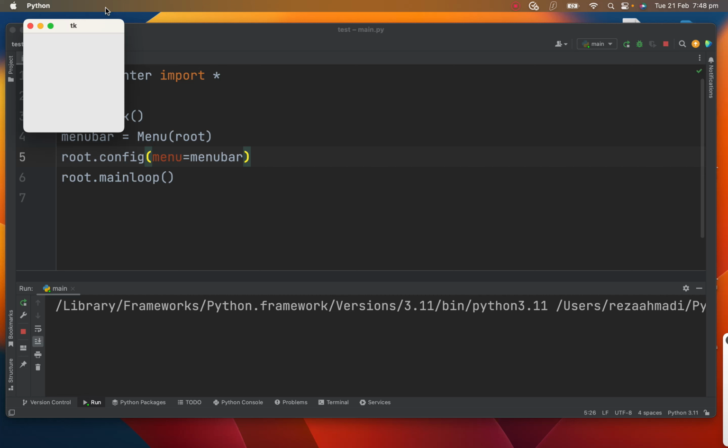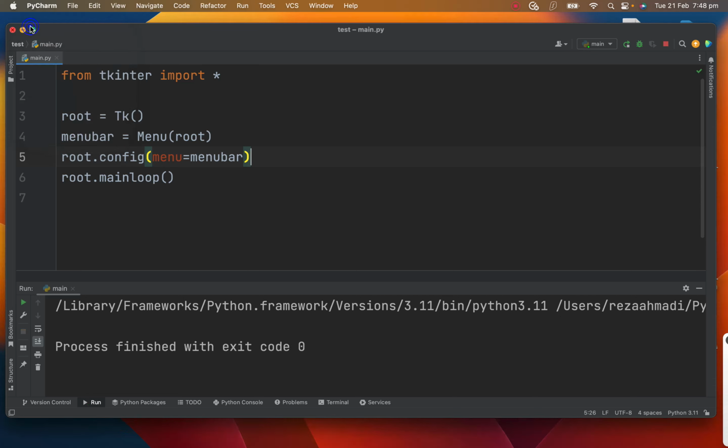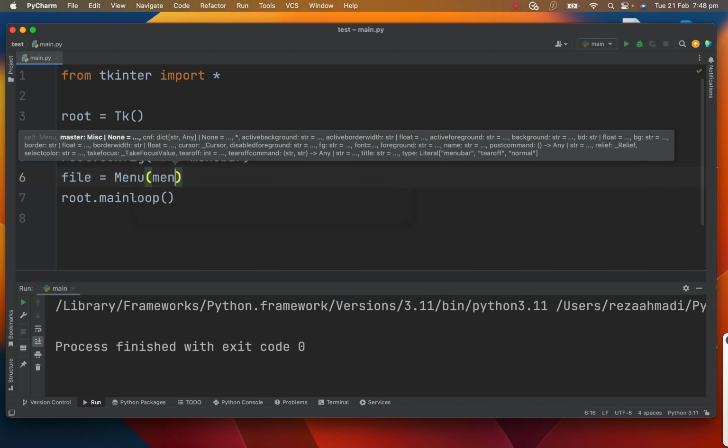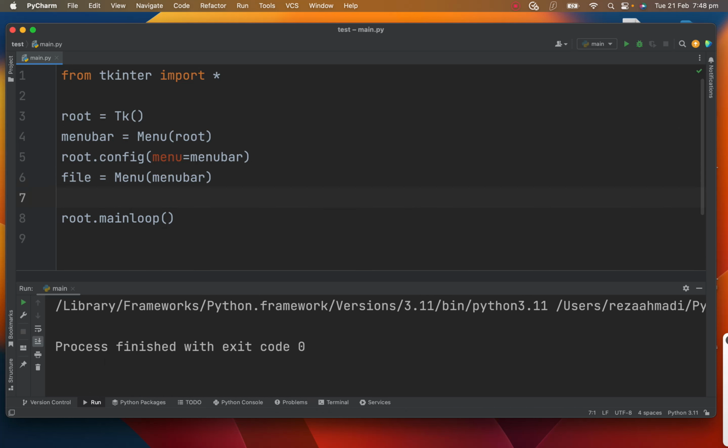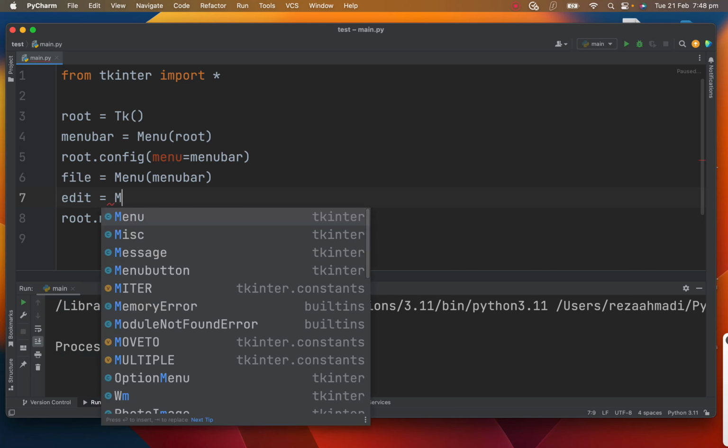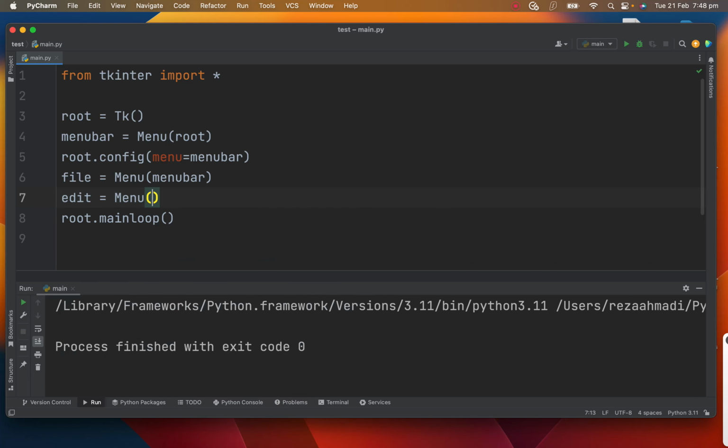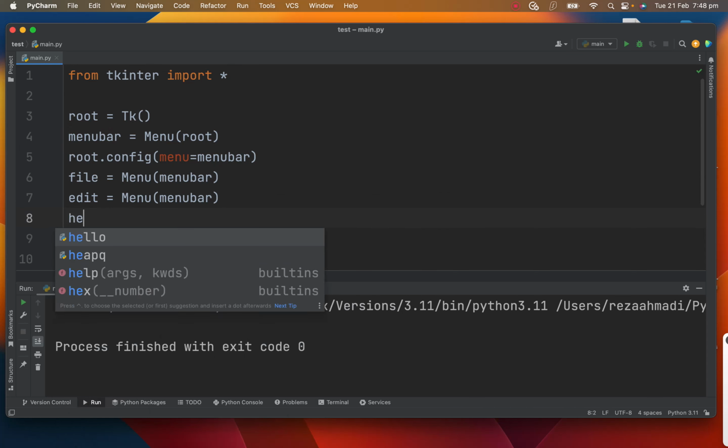So the next step is creating menus in the menu bar. Let's create 3 menus. The first one, I call it file. It's a menu and the parent is menu bar. The second one is edit. It's a menu and the parent is menu bar. And the third one is help,